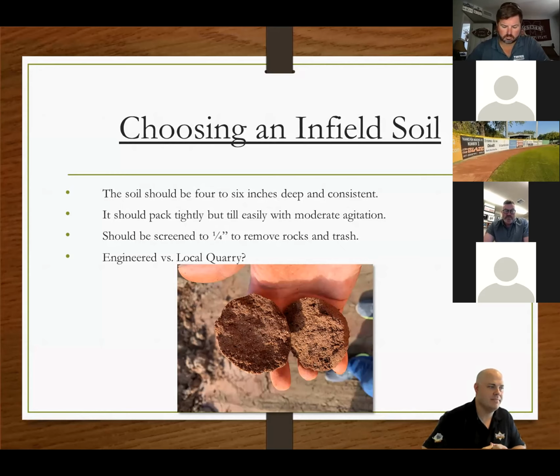There are pluses and minuses depending on where those materials are being mined. Those are definitely options to look at, because once you start blending materials, you have operational costs that drive the cost of that material up. So depending on the ROI situation, it may make sense to find a local quarry.